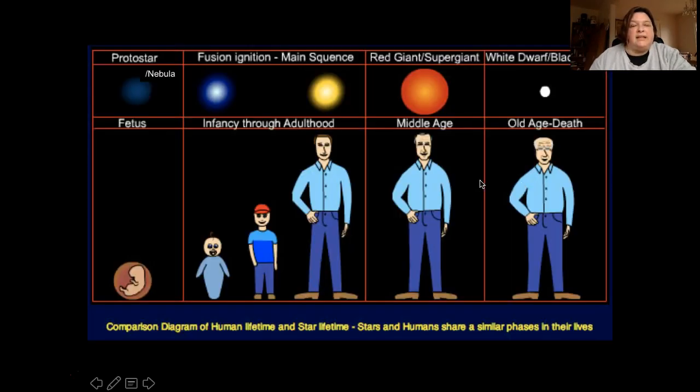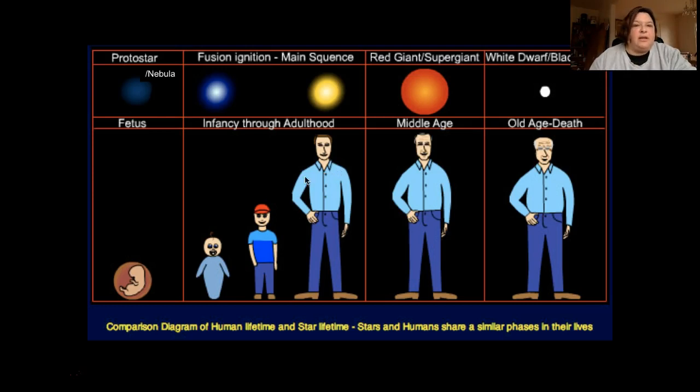The one thing I like about stars is they have a life cycle kind of like we do. So if you look at how a star our size would be, you consider the nebula and the protostar. That's nothing but the fetus that's inside the womb. It's just kind of starting to be born. Once it's born and it becomes an infant, all the way through its adulthood, so maybe being 30 or